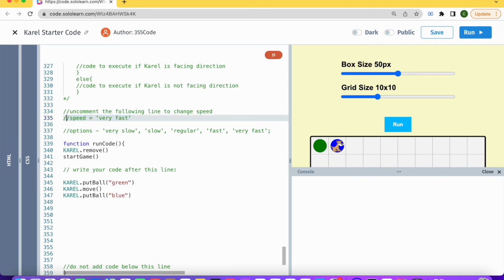Okay, so to uncomment the line, you have to remove these 2 dashes over here, and you'll see the color will change. And now you see the speed is very fast. Okay, so if I run the code again, then you'll see that happened really, really fast. Okay, and if I was to change it to very slow,